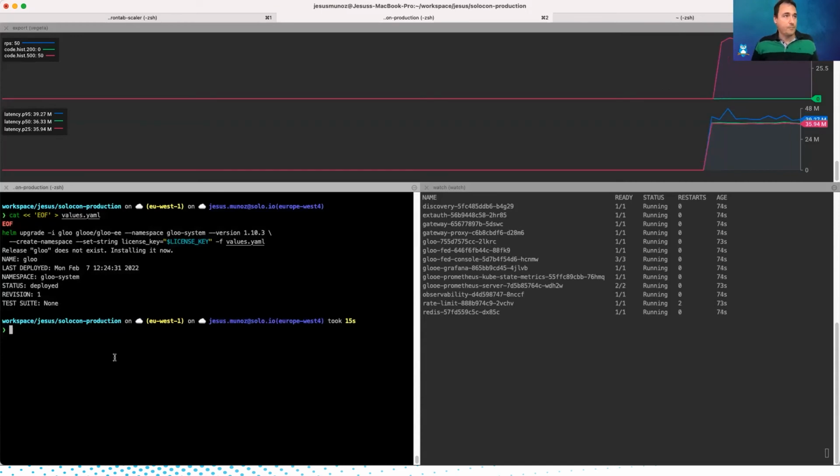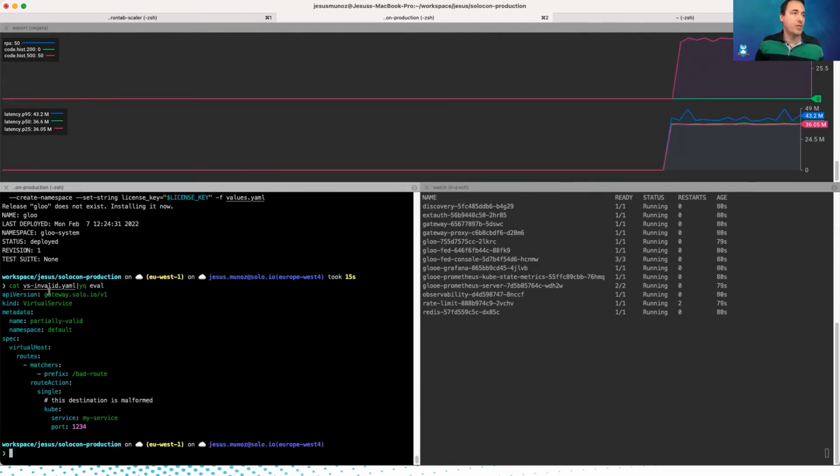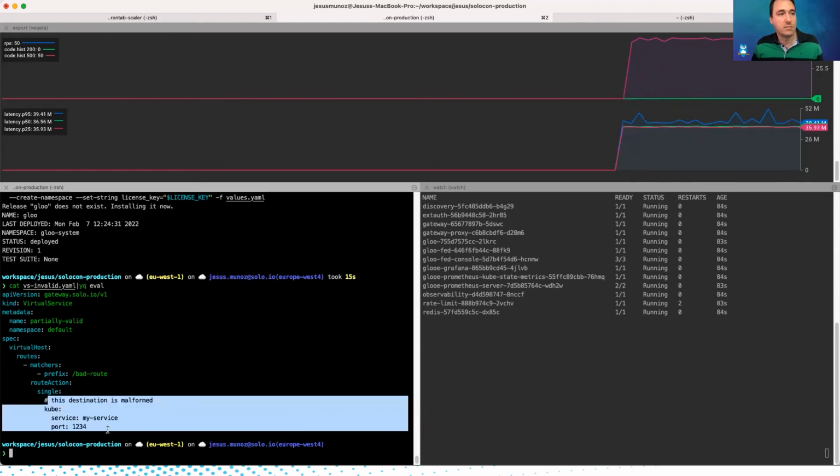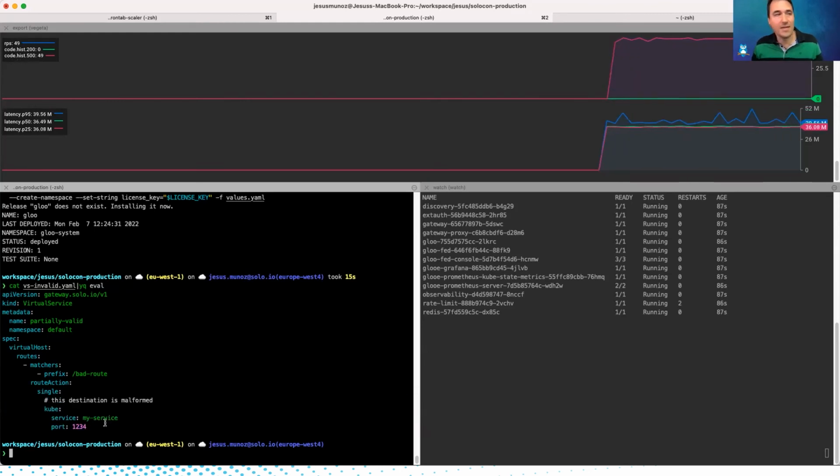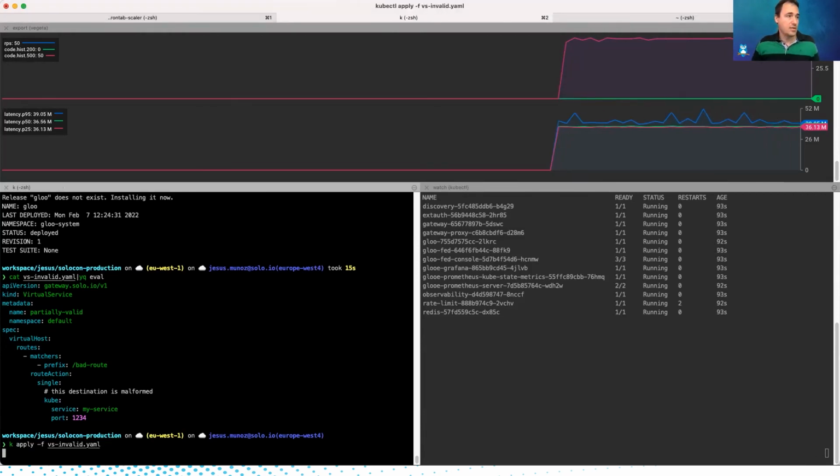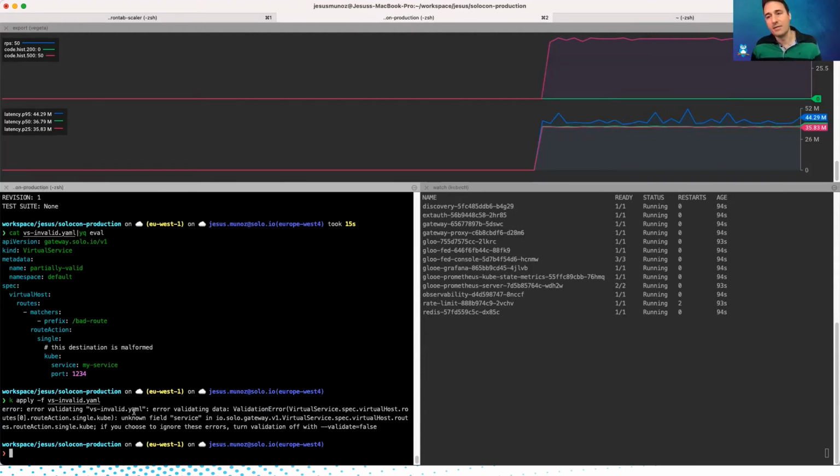First thing that we are going to try is to apply an invalid virtual service, with that CRD that I have made up. The first thing that we need to see is that Gloo is going to reject this configuration. So let's